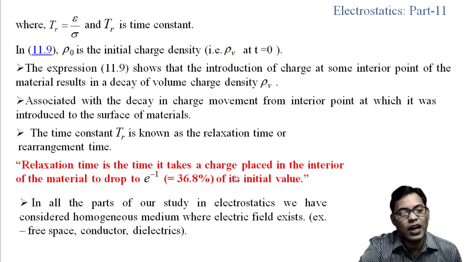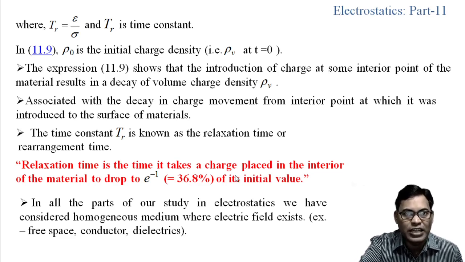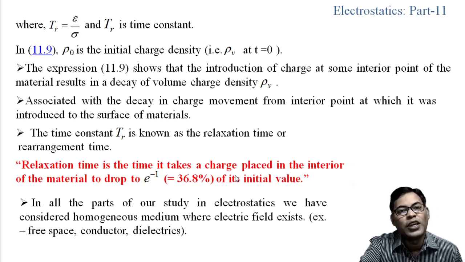So this is the relaxation time. That means the time the charge requires to reach 36.8% of its initial value is called the relaxation time. And how do we get this 36.8%? That means e to the power of -1, actually, that is the percentage we are getting. E to the power of -1 is